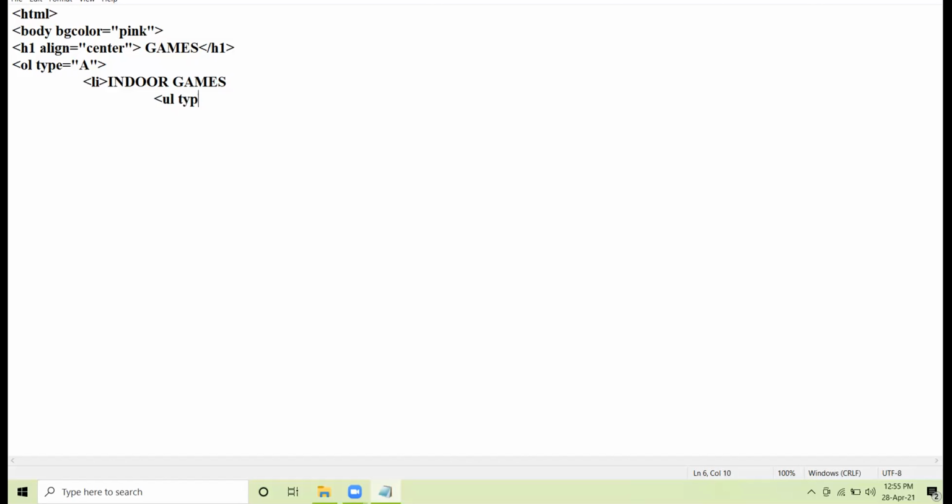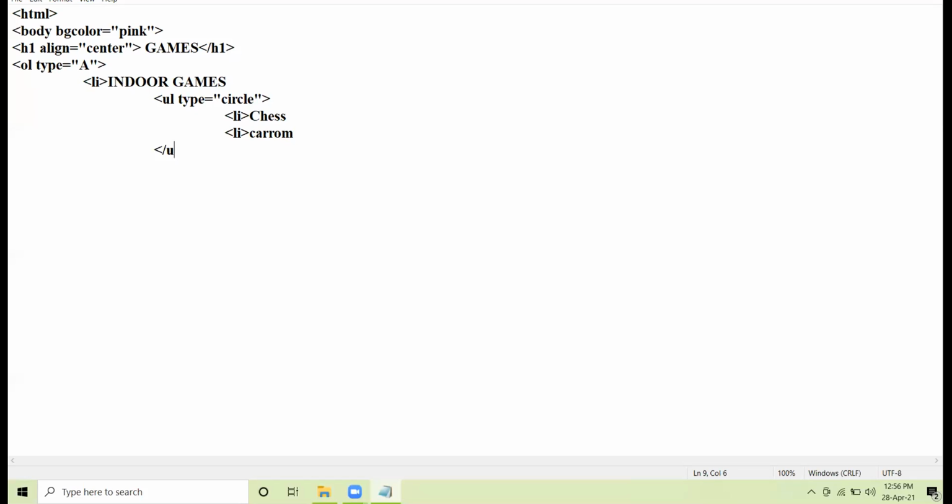UL type equal to circle. LI chess, LI carom. Two indoor games I have typed.